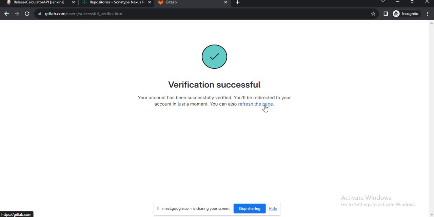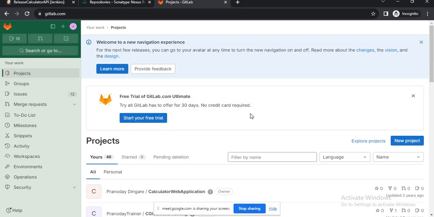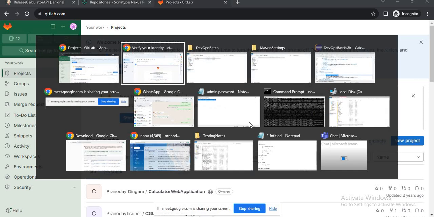Okay, so we have already checked in a few changes into our Git repository. Now let's check in the current change.